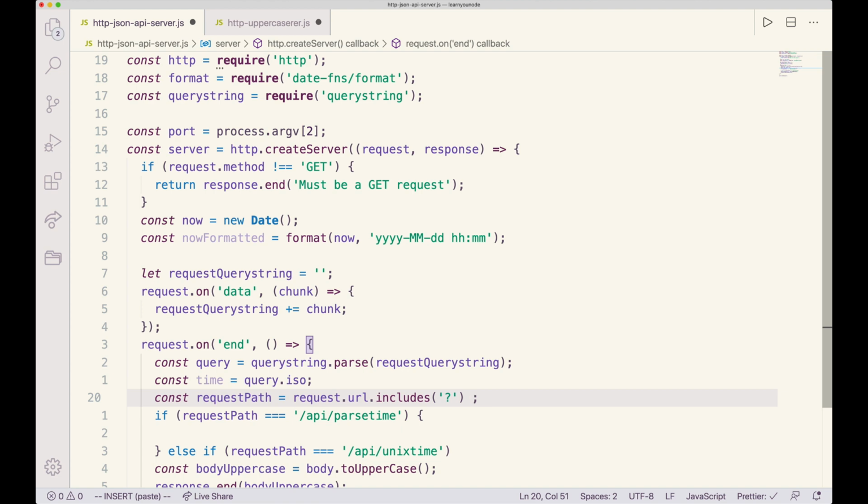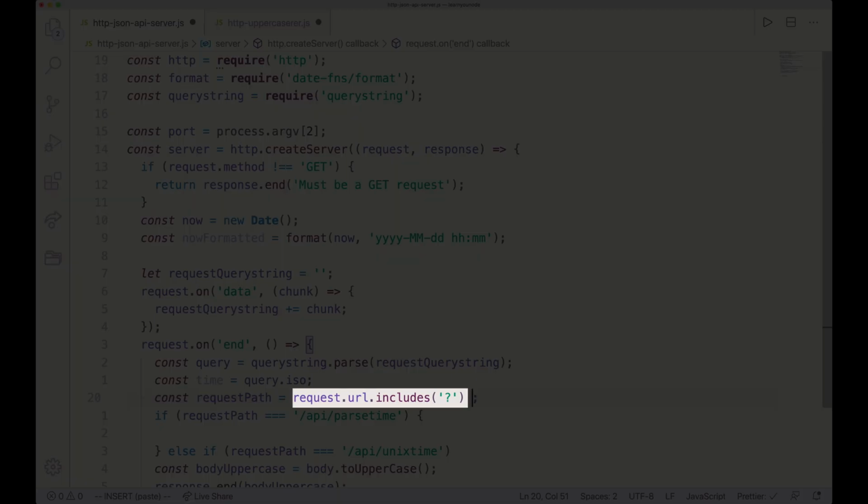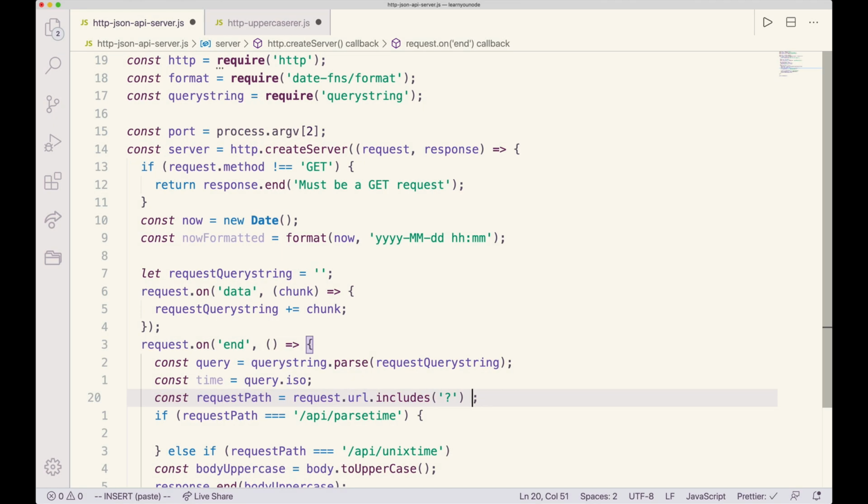The way you do it is you set out your condition here, which is request.url.includes the question mark. That's the condition we want to test for. Then you put a question mark, a token, not a string. That tells JavaScript that we're doing a ternary here. Then you do the positive case. So if the request.url.includes question mark returns true, what do we want to return out of this expression? And that's going to be request.url, and then we can